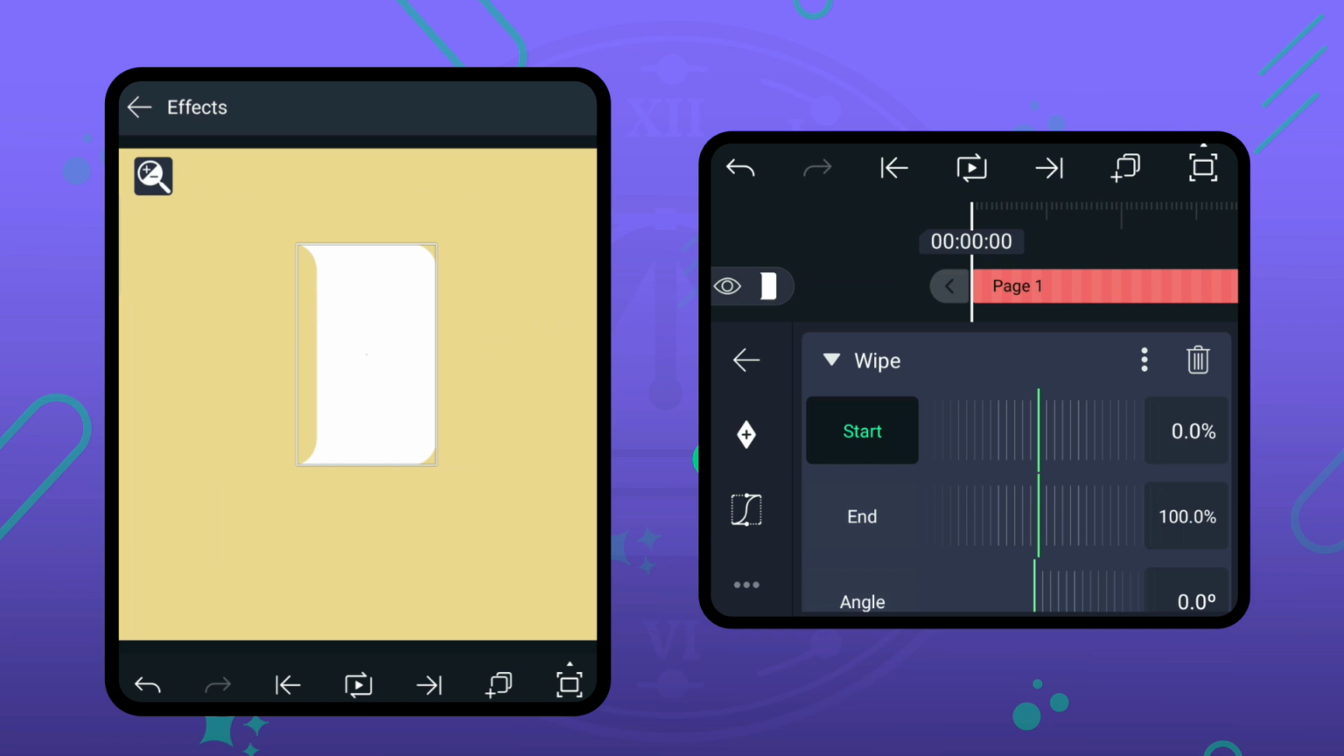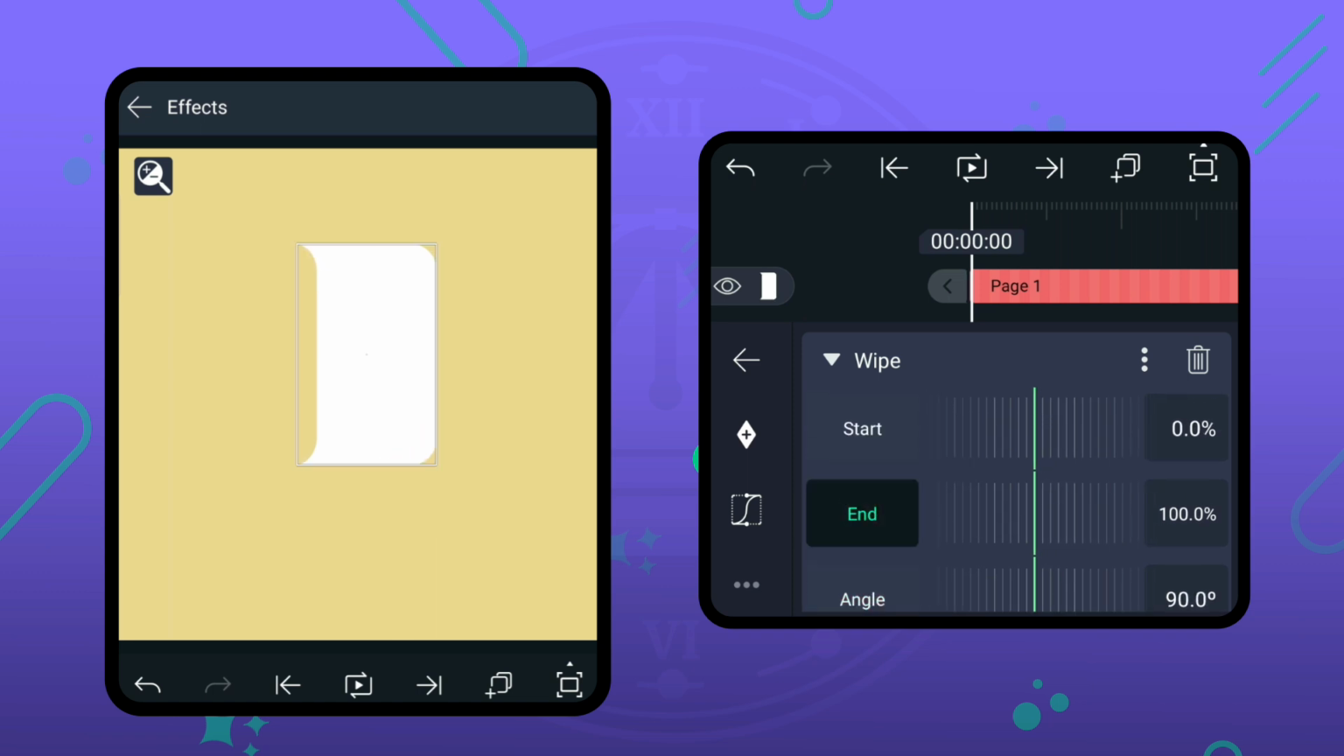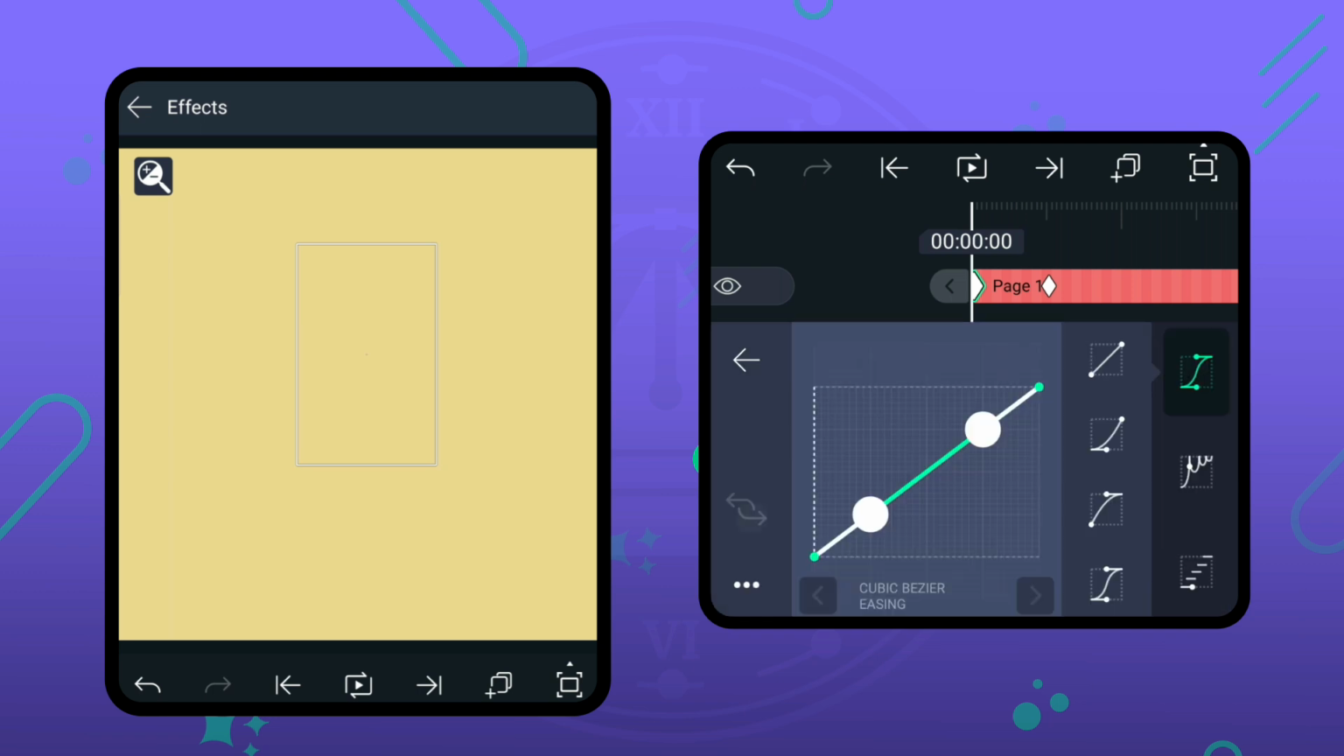So first of all, let's change its angle value to 90. Now tap on the End property and add the first keyframe at the beginning. Then move 15 frames forward and add another one here. Come back to the first keyframe and decrease its value to 0. Tap on the easing curve and paste this curve. Since we copied this curve once, we don't need to copy it again and again, in case you don't close